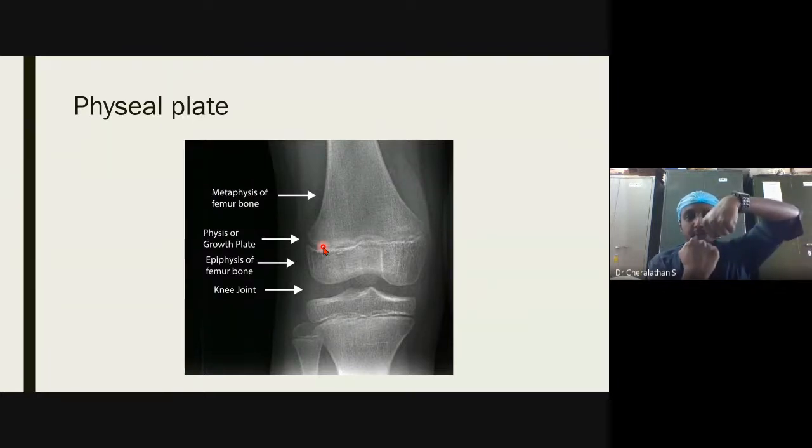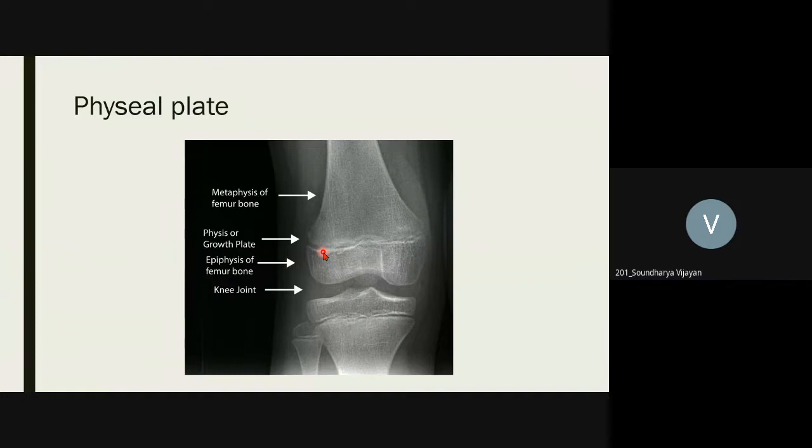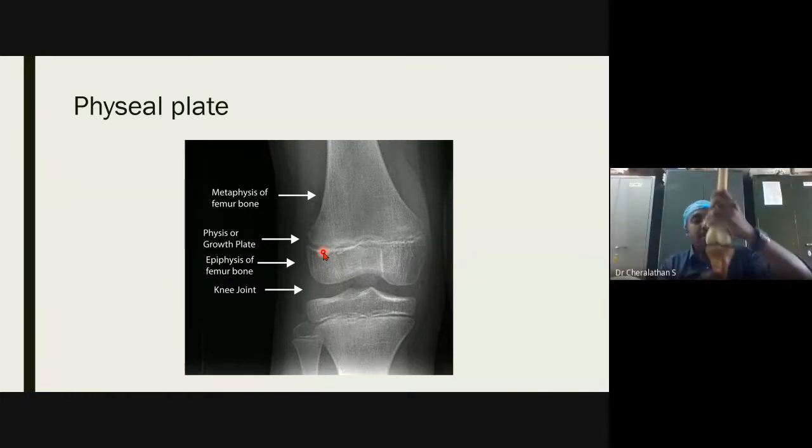One part of the physis is damaged, so this won't grow longitudinally as expected. This will have a tether here, whereas the other part will keep growing, right? So if there is arrest on the medial side and the lateral side continues to grow, you will get a varus deformity. Are you able to understand? Yes, sir.